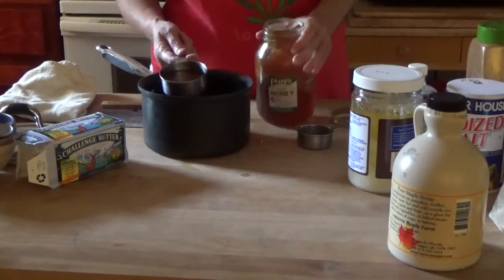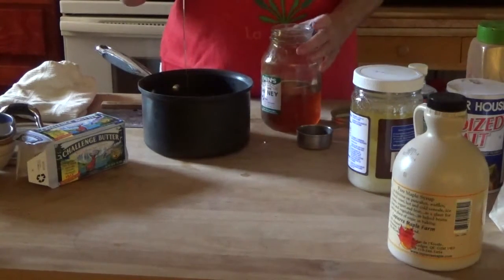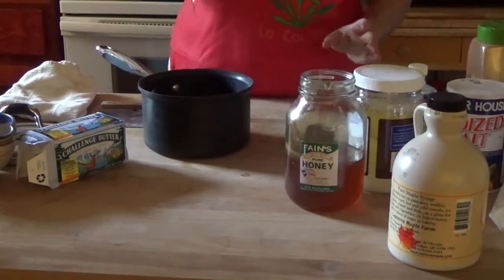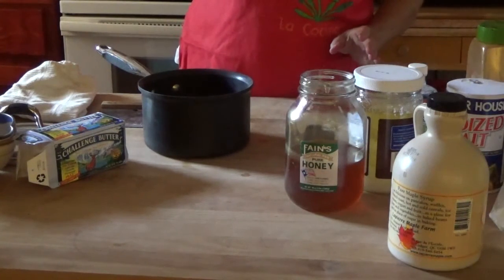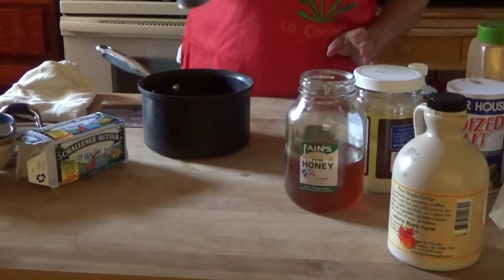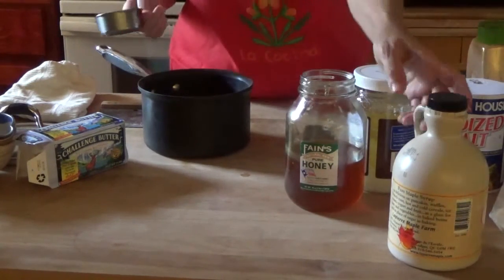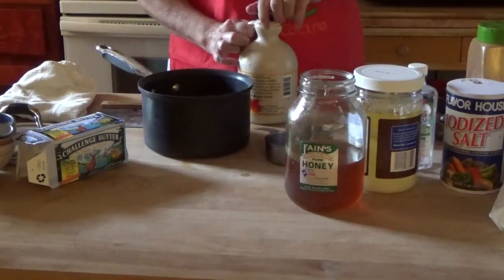You can use from a 1/4 to a 1/2 cup of honey. Just depends on how sweet you like it. I'm also going to add a little bit of sugar. Use a 1/4 cup of